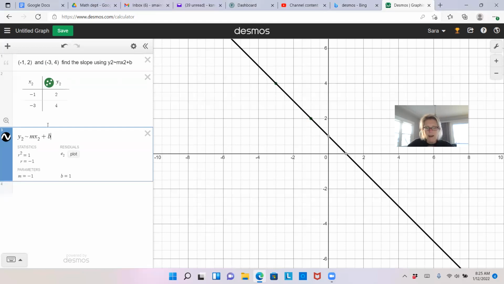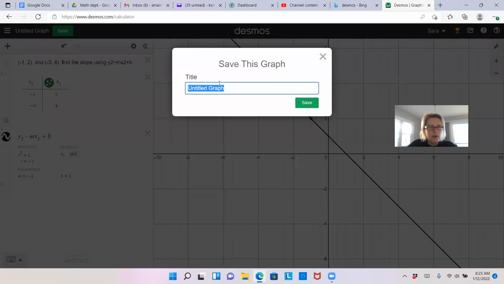And now look, a line just appeared on my Desmos, which is so cool. And you can see the M right here in our equation, where I have my mouse. It says parameters, M is our slope. So it calculated the slope for us just like we did on paper. So using Desmos can help you check your work. So you can save this. If you click save and just put slope of 2 points,